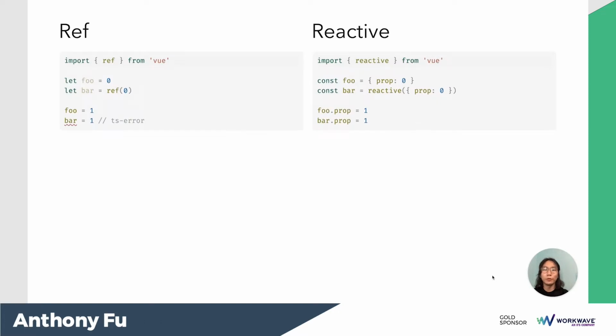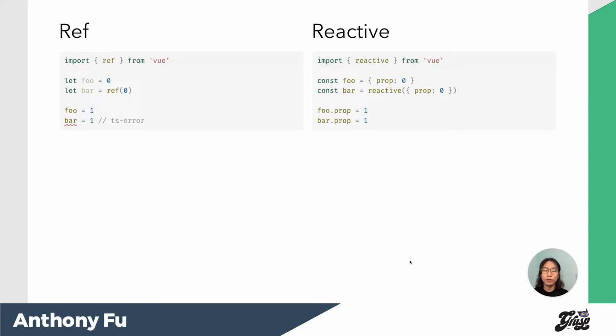Well, let's start with ref and reactive. I bet many of you have wondered about the difference between them and which one you should choose. You can think of refs as variables and reactives as objects. When you do the assignment, one is assigning a value, the other is assigning properties. The usage of them really depends on what you're going to use them for. But if we really need to pick one, I'd say go with ref whenever you can.